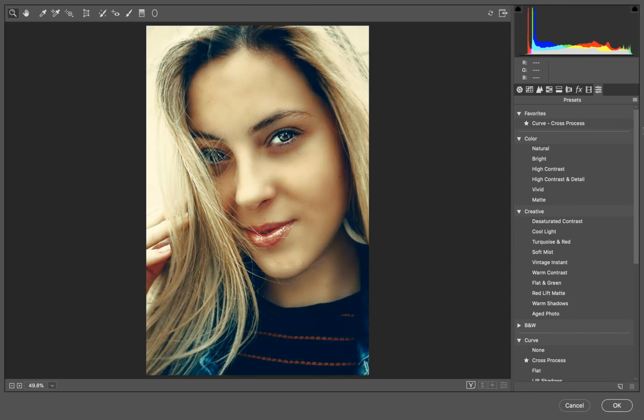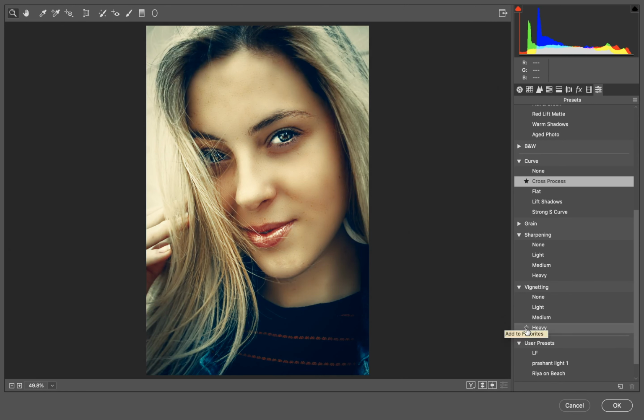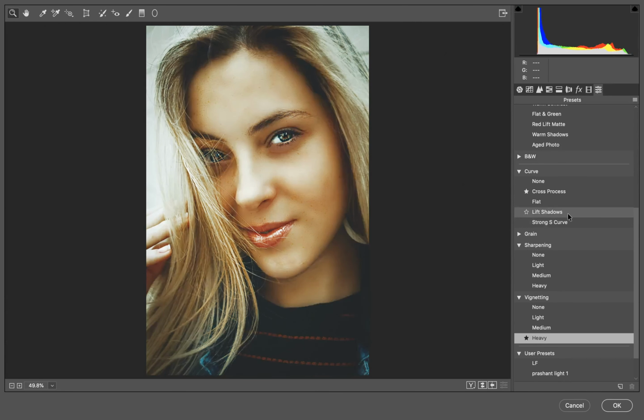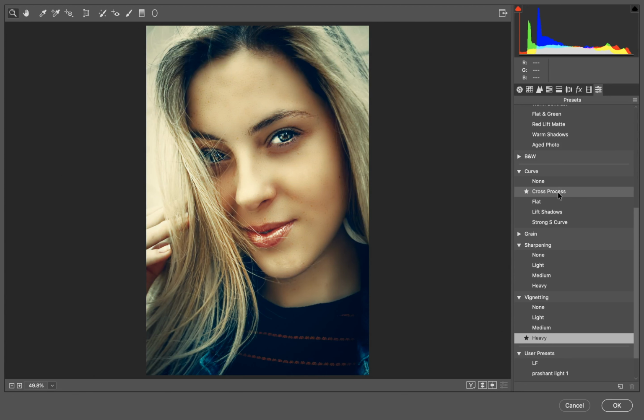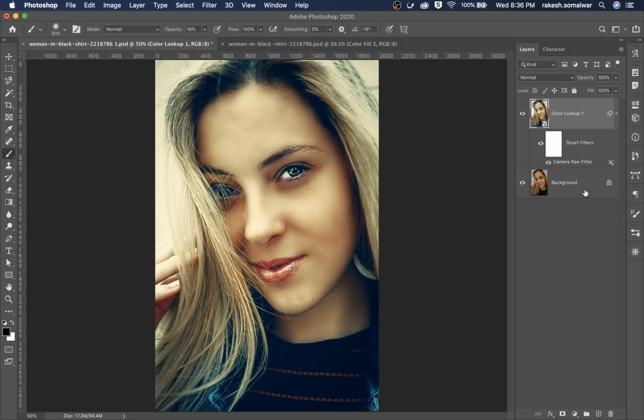Go to presets and here the cross process is my favorite. So I have selected cross process and in vignetting I am selecting heavy. Heavy means the edges are black, and this is the color cross process.